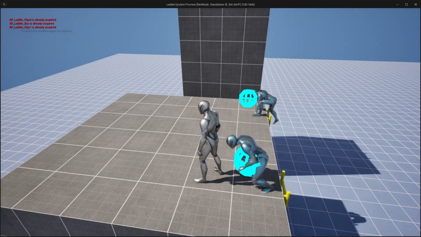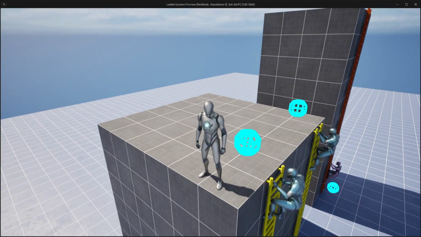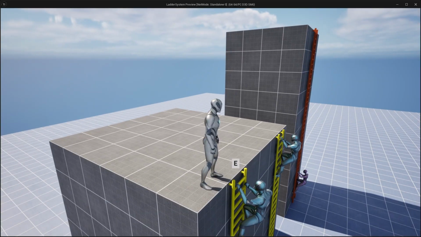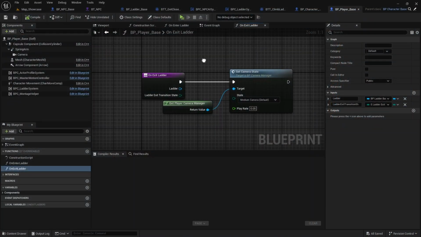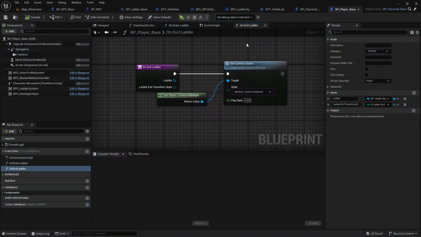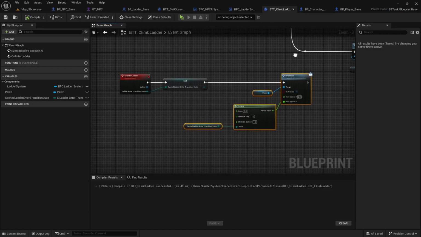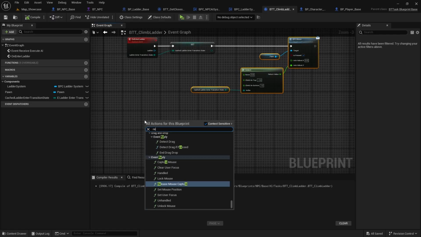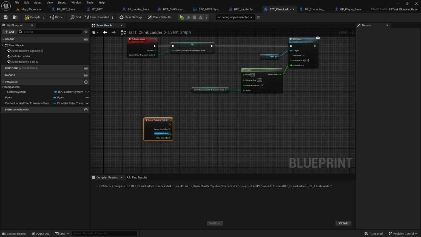Right, now let's play. Okay, the character has been able to enter the ladder, and it will move down only one step, right? Because that function is not getting called again and again. So what I can do is at the PTT climb ladder, let's call event receive tick,